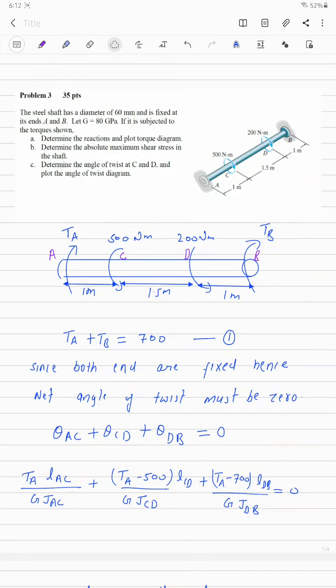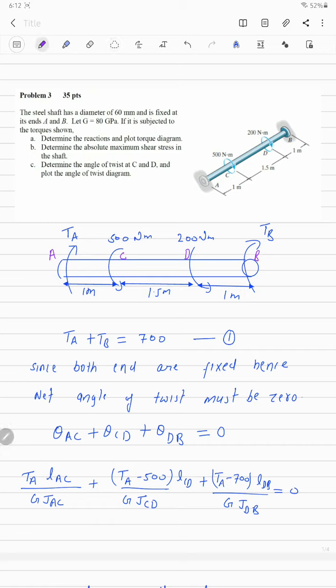Guys, today we are going to do a problem on torsion which will cover how to draw torsion diagram, how to find angle of twist, and how to find maximum shear stress in all sections. So this is the problem that states